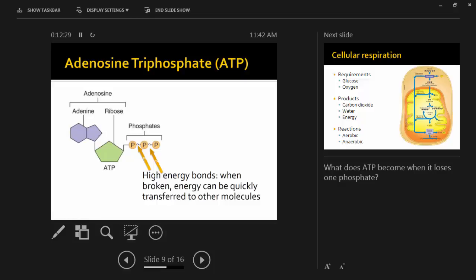So if you remember way back to muscle contraction, when you're in that cross-bridge cycle where the myosin are binding with the actin, ATP binds to the myosin heads, and then it's hydrolyzed into ADP and phosphate. So you remove one of these phosphates, and that releases energy that causes the myosin to pull in the actin and contract the muscle. And if you're not with me here, then we can talk a little bit more about muscle contraction just as a refresher when we meet next week. Just remind me.